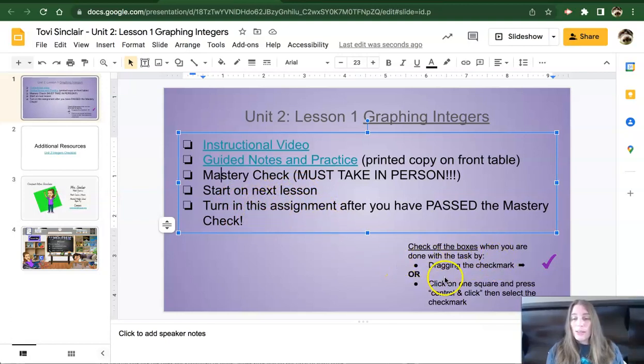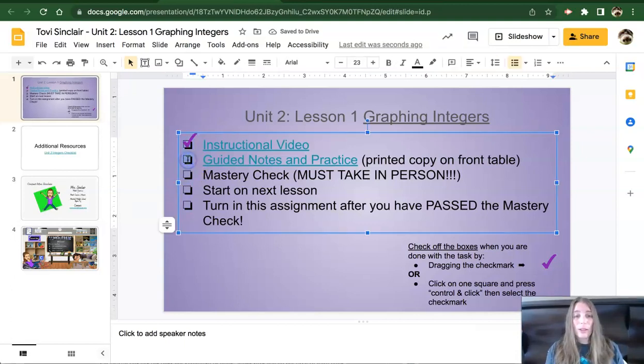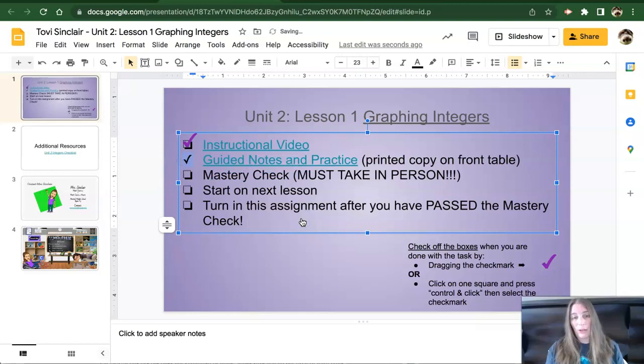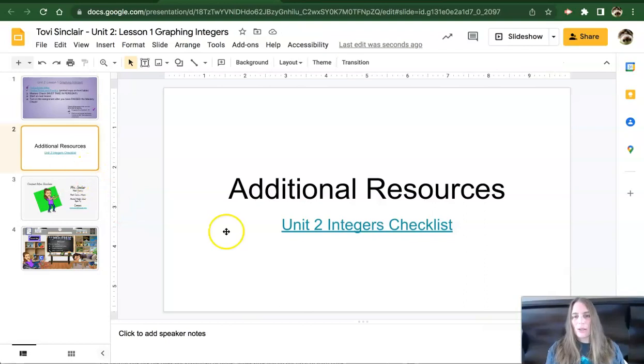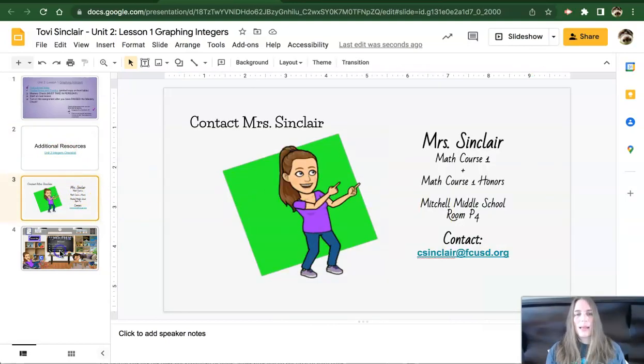Here you can see that I want you to either drag the check mark when you finish, like say you finished an instructional video, you can drag this check mark, or you can just click on here, click a box, just the one box, and then if you right click on it, it'll give you these options and you can check it off, saying you're done. However you want to do it. The other slides are just additional resources. It's a checklist that you have, and if you need to email me. This last page is